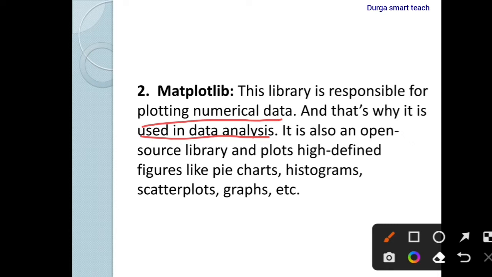It is also an open source library. What is meant by open source? Open source means anyone can use this library. A freely available library is known as an open source library, and it plots high definition figures like pie charts, histograms,